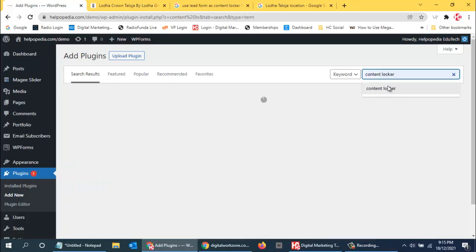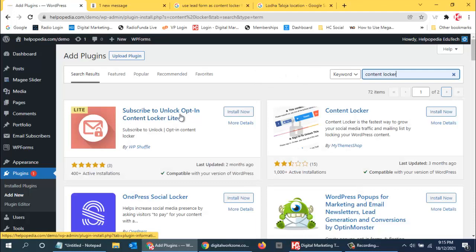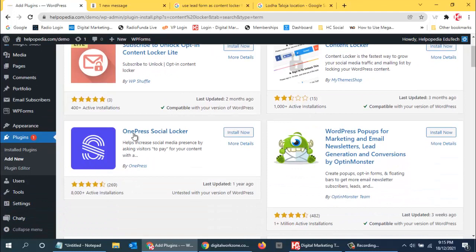Content Locker, subscribe to unlock, opt-in Content Locker Lite. Okay, so this is Content Locker. Over here, Content Locker is the fastest way to grow your social media traffic, mailing list. Then OnePress Social Locker, so this is all related to social. Instead of paying, you can use this. Then WordPress pop-up for marketing and email marketers, lead generation and conversion by OptinMonster.